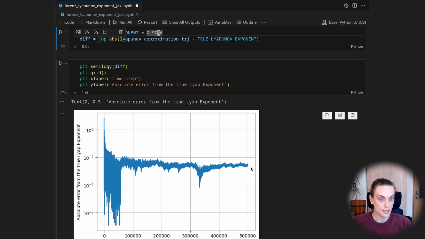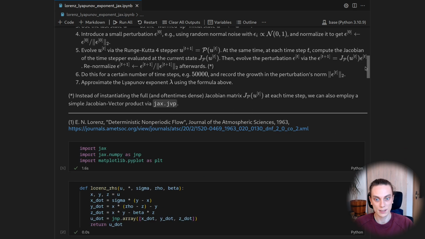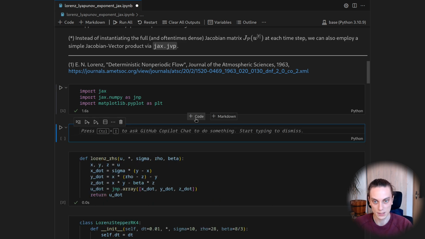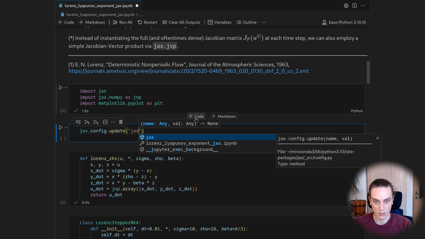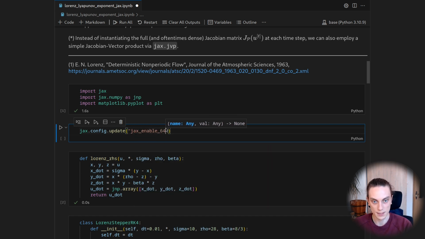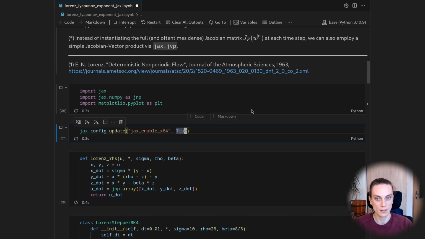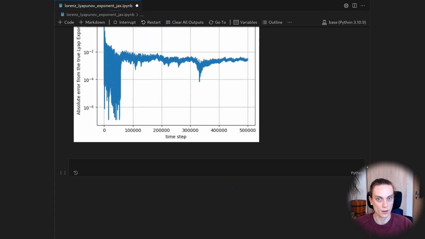A typical question you might ask is how one could get a more precise estimate. There is a cheap way to do it. What we can do is switch to Jax's double precision mode. So let's go all the way up here and say jax.config.update on jax_enable_x64, which enables double precision for Jax, and we will set it to true. And if we then rerun the entire notebook, and I hope I'm quick enough, and we go down here,